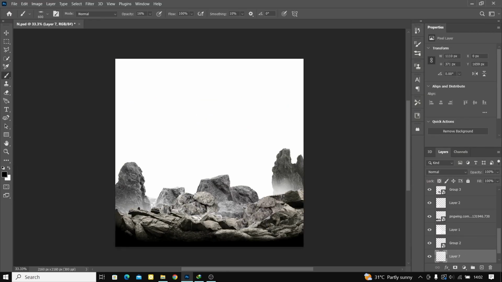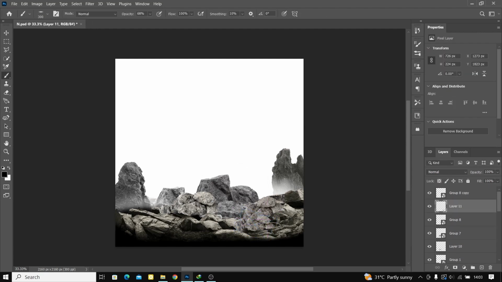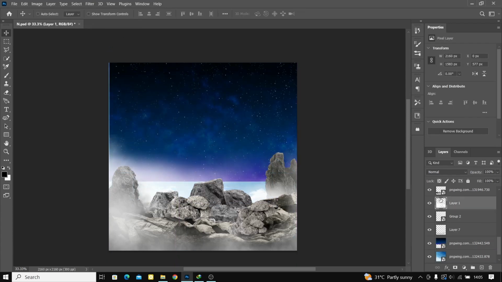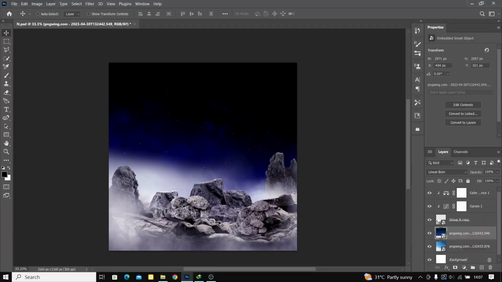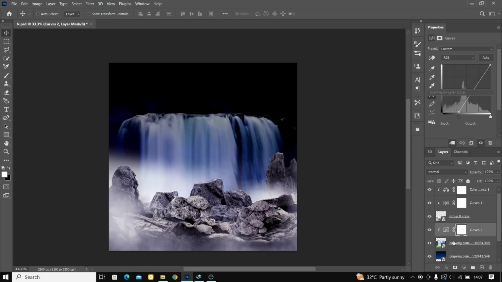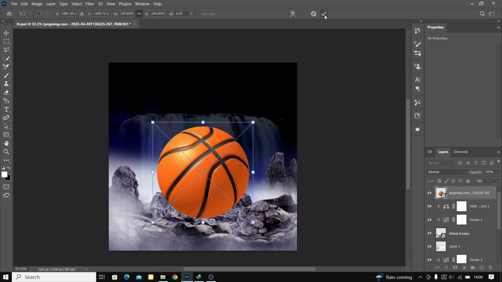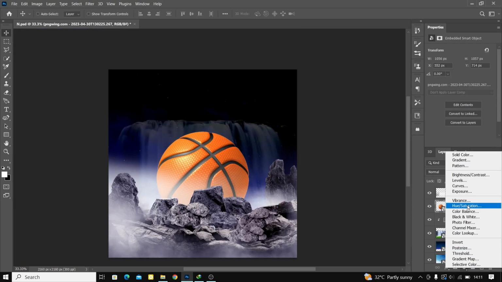It took a very long period of time to actually get it. Then I added a little fog just to create that contrast. Then I added some little shadows, then our sky, our background, and I added stars, and I blended it in. Then I added our waterfall, blended it in as well, then added fog to create that contrast and